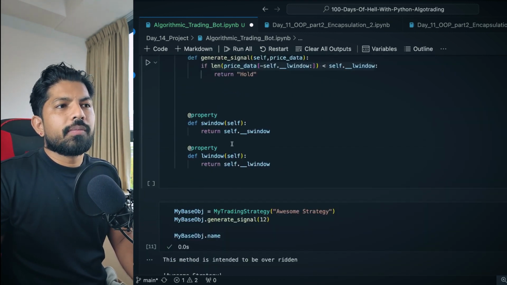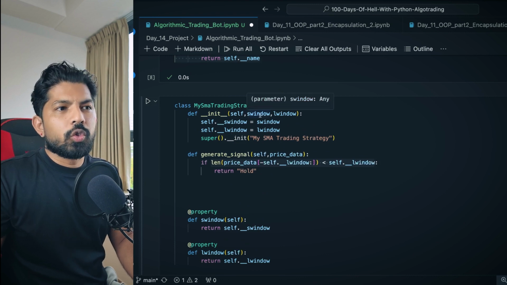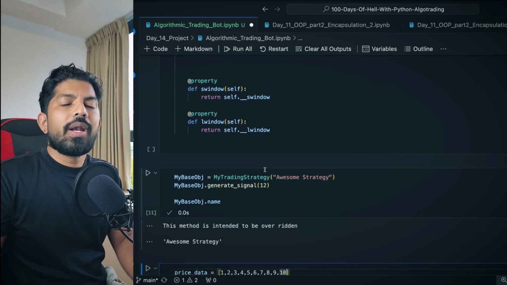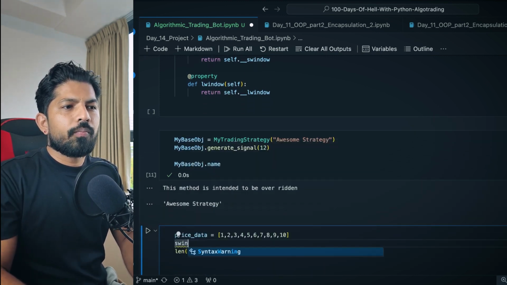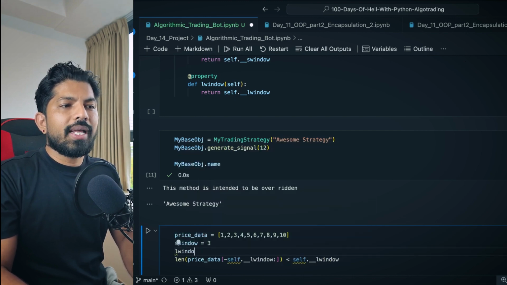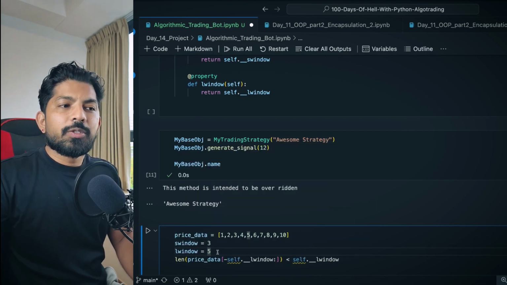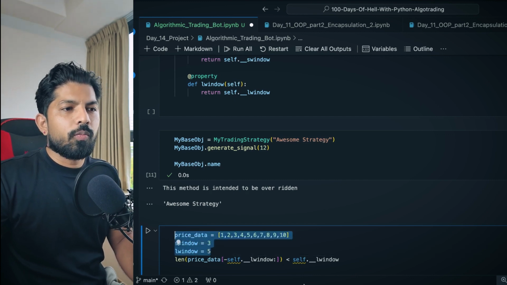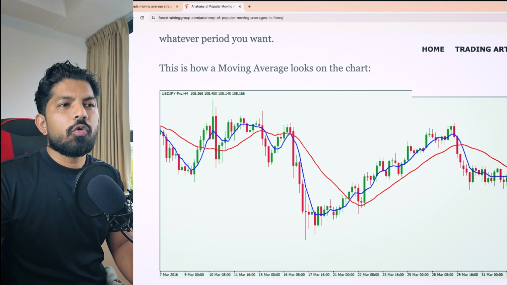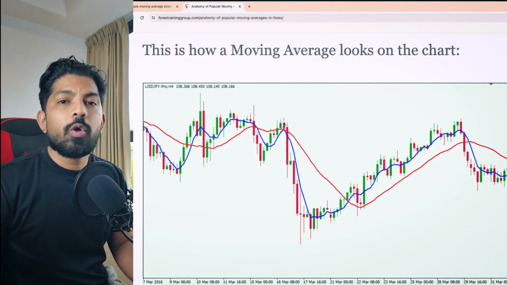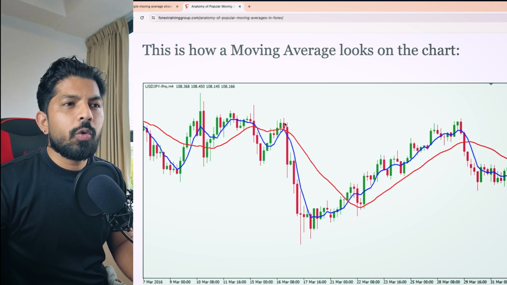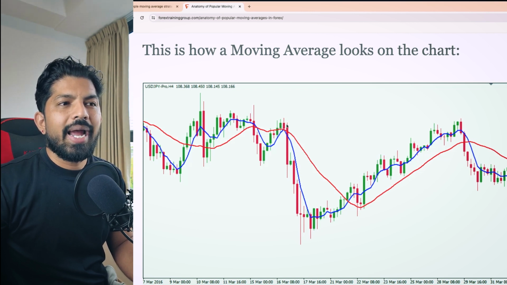What we are doing here is we have given two windows, short window and long window, meaning we are calculating the moving average for the short window and long window. Let's say we have given short window as 3 and long window as 5. I have explained already what this is, but let me tell you again. Let's open the chart again. Let's say the short window is these 3 bars, right? Let me zoom in again. In the example, the short window will be 3 and the long window will be 5. So the short window means these 3 bars, 1, 2, 3, and the long window will be the 1, 2, 3, 4, 5 bars.